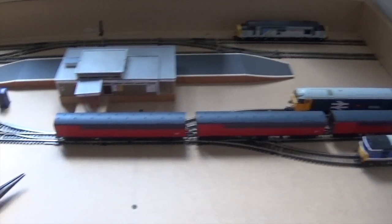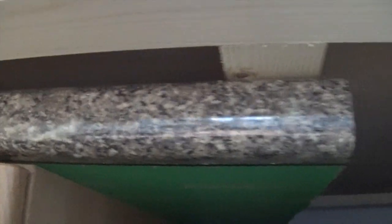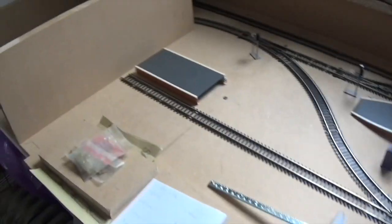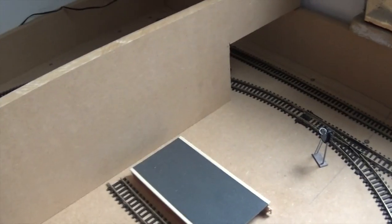Obviously we've got the board again, similar, because we've got the cabinets here. We may add some more supports if it's needed. So it's sort of on the old cabinets to hold it up. You can see the board on there, and we've got supports to keep the board strong. And obviously we're going to have a backboard all around for strength, and to put scenery here, and we're going to have scenery here, probably a tunnel